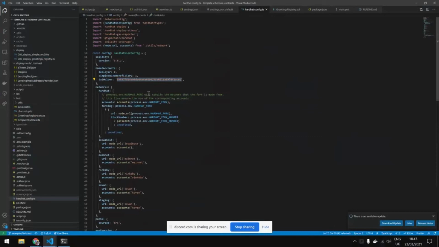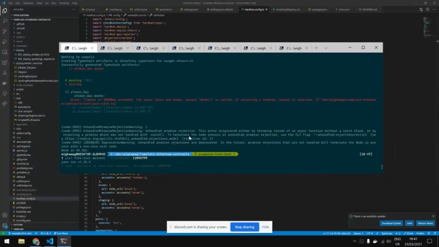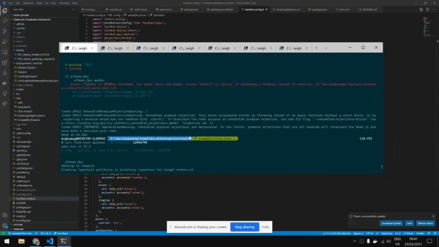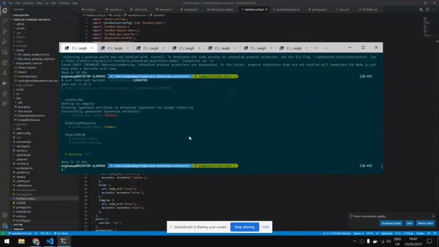It's a specific address, an address that I found that has DAI. I needed DAI for the test, so I just went and found it, I don't remember how. Okay, I had a timeout. I forgot. So for forking, you probably want to remove the timeout, at least for the first run. I think this one should pass.